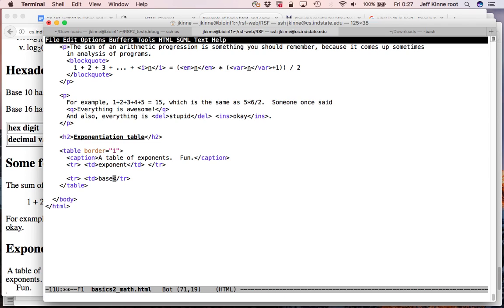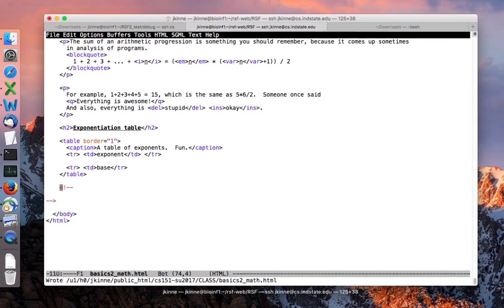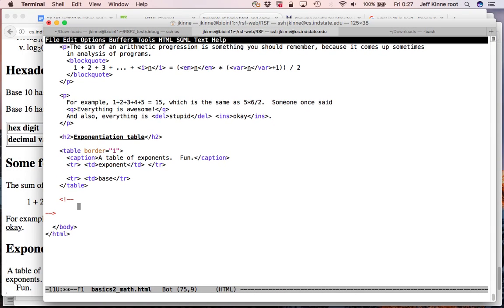Why don't I type it here in a comment? Okay, so let's say I want it to look something like this. So I have 0, 1, 2, 3, 0, 1, 2, 3. And if I want this to be my exponent, and this to be my base,